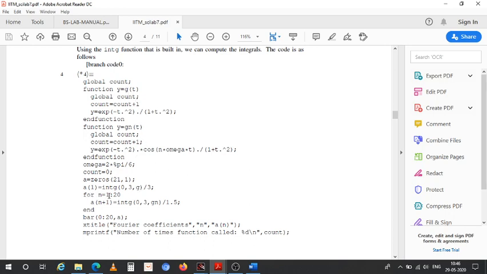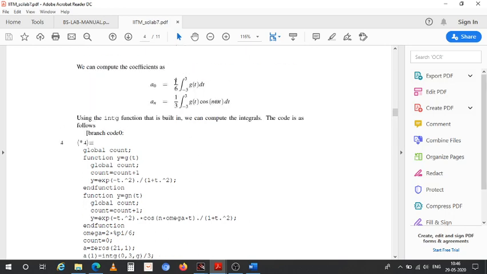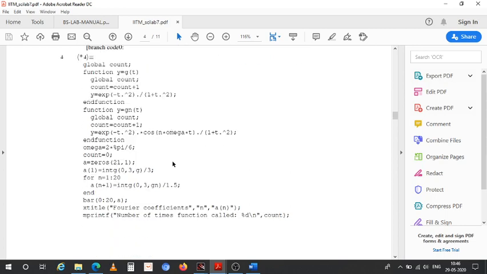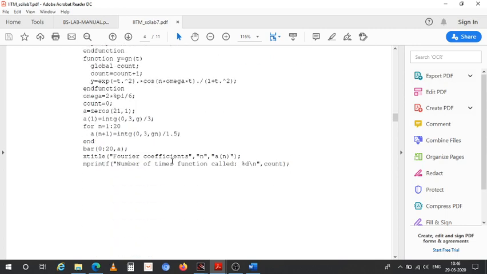For n equal to 1 to 20, INTG 0 to 3 divided by 1.5. Here 3 and here 1.5, because when you say 2 divided by 6, it becomes 1 by 3. Here 2 divided by 3 becomes 1 by 1.5. So with this background, let us go and simulate.